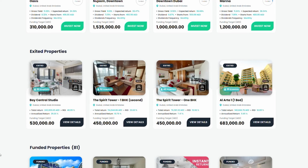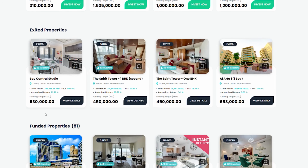You can see here, these are the 4 exited properties that they have showing on their site. And we'll start at this end because it's one of the lowest. The ROI, return on the investment over that period, was 18.89%. The only thing it doesn't show is, oh, there we go, that was the annualized return. So the annualized return on that was 5.65%. Then as we go through them, we can see that the annualized return on this one was 7.4, 10, and this one was a whopping